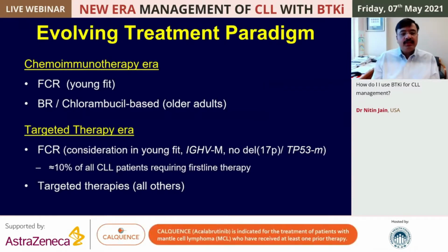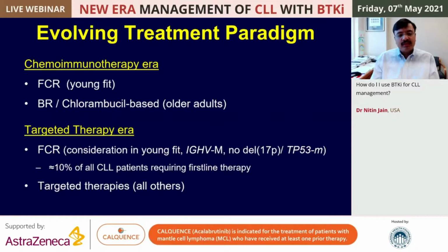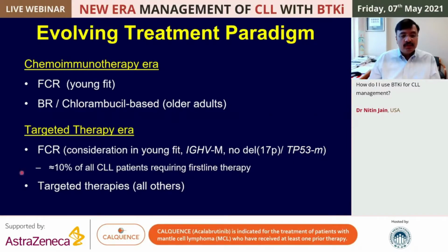So, we have moved away from the chemoimmunotherapy era, where some years ago, FCR was given for young fit patients, and you would do bendamustine rituximab or chlorambucil as therapy for older adults, to this targeted therapy era, where at least in our center, we are using FCR for a very selected group of patients, which are young and fit. So that I would say maybe less than 65 years of age, no major comorbidities, IGVH mutated. So these are the patients who are IGVH mutated, and then do not have any TP53 deletion, TP53 mutation, or